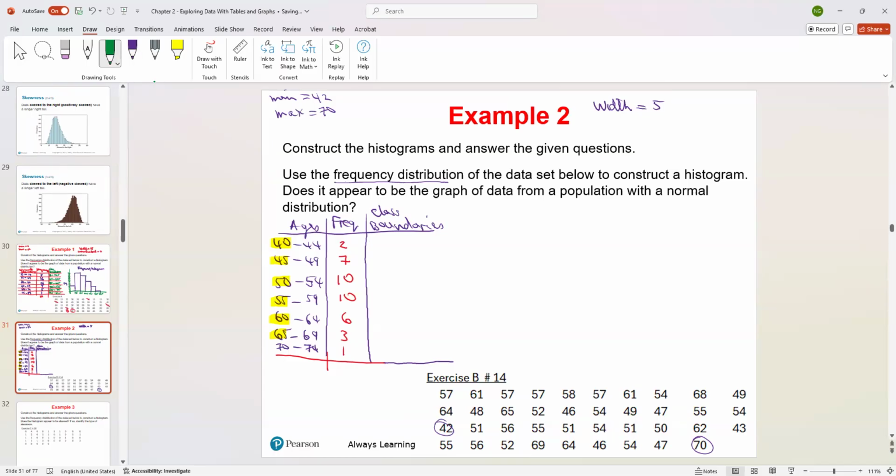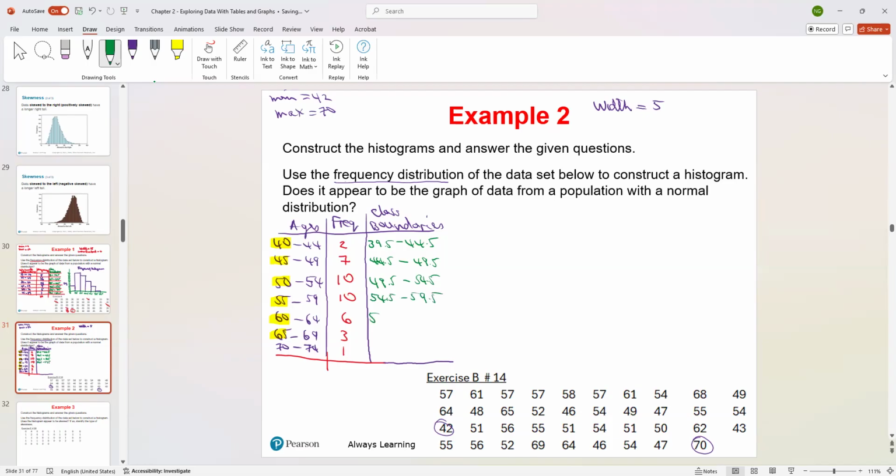That means instead of 40, we're going to have 39.5, then 44.5, then 49.5, 54.5. Those class boundaries are essential when you want to construct a histogram. Remember, a histogram is only for quantitative data, that means numerical response. So instead of 55, we're going to have 54.5,